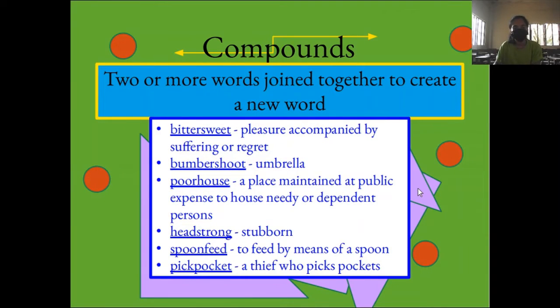Compounds. Two or more words joined together to create a new word. Like this one, bittersweet. This is an example of a compound. Bittersweet: a pleasure accompanied by suffering or regret. This word is usually used when